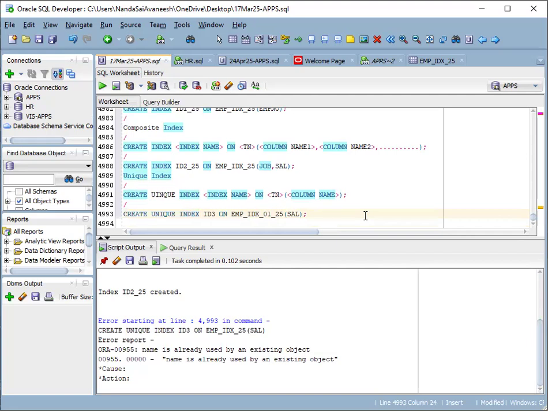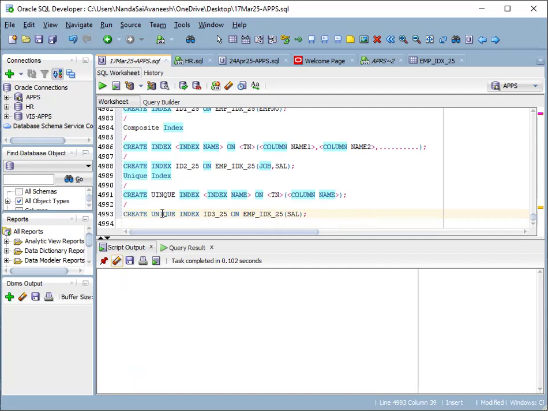ID3, okay. The table name is the same. So the name is already used by the existing object. So create unique index